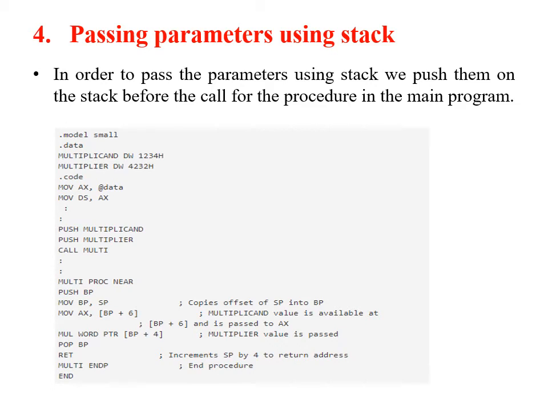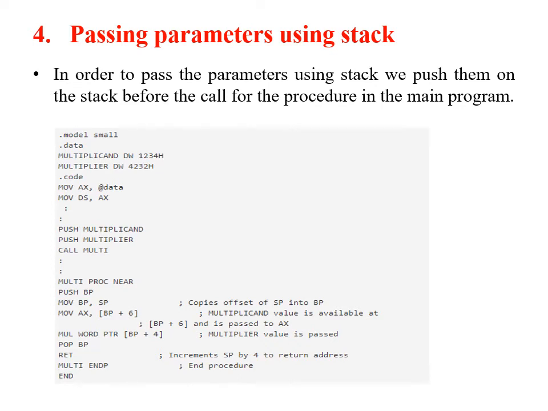Now as you can see, in order to access the multiplicand value, it is using base pointer plus 6. Why is it 6? Because in the stack we have now 4 values. First one multiplicand, then multiplier, then IP register value, the address of the next instruction of the call command, and then the base pointer value. So the base pointer value is at the SP, that is the top element. Then after that you have the address of the next instruction, that is BP plus 2, and then you have the multiplier, that is BP plus 4, then the multiplicand BP plus 6.